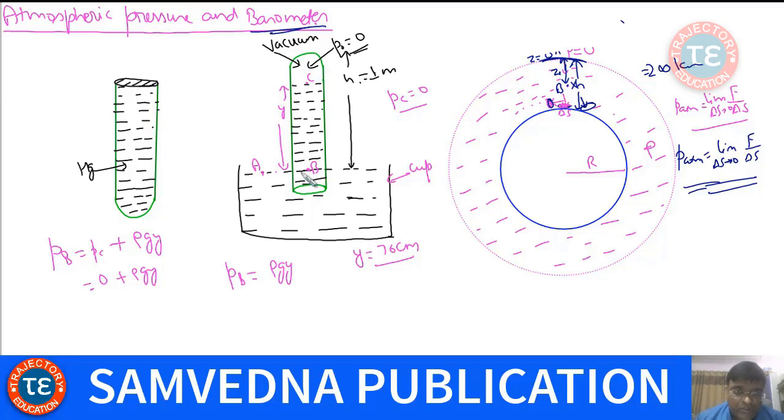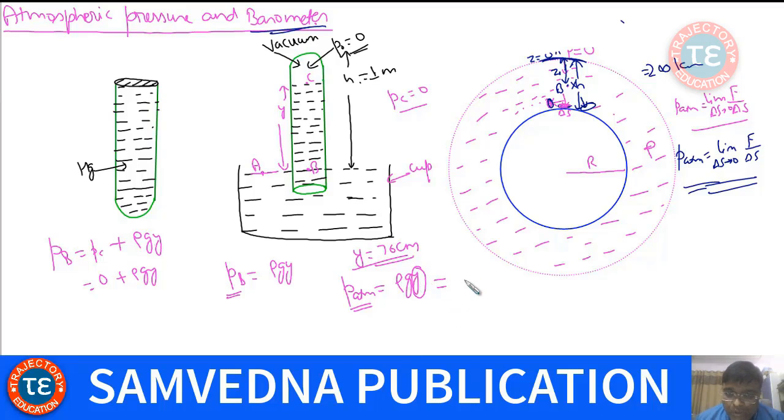Sometimes atmospheric pressure on the surface of the earth is measured this way. This Y has been found to be 76 centimeter, normal atmospheric pressure. So sometimes atmospheric pressure is also measured in terms of the height of the mercury above this A. You can say P atm is rho g y, where Y is the height of this mercury above A. So sometimes we express atmospheric pressure in terms of Y. If Y is 76 centimeter, then 76 centimeter of mercury corresponds to